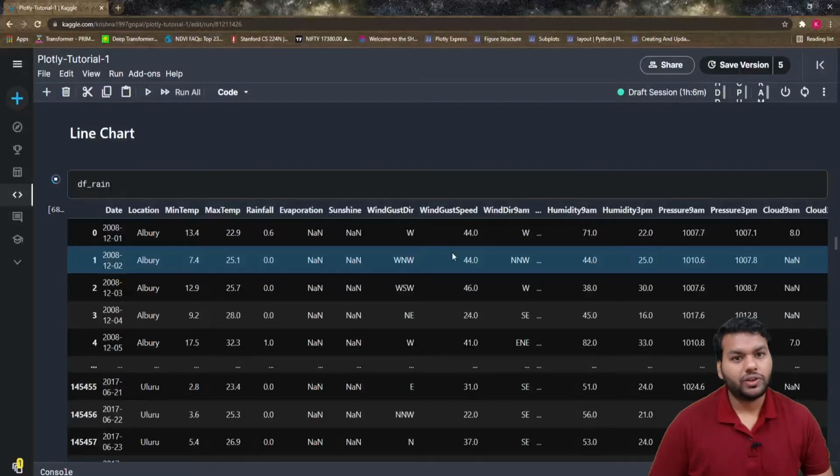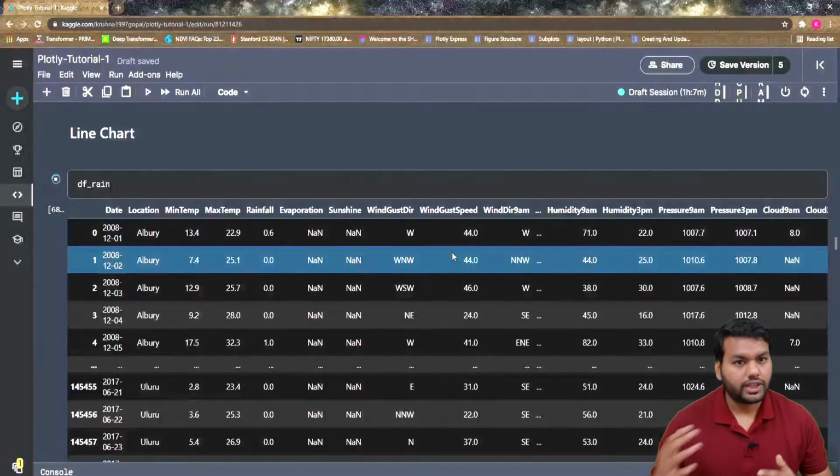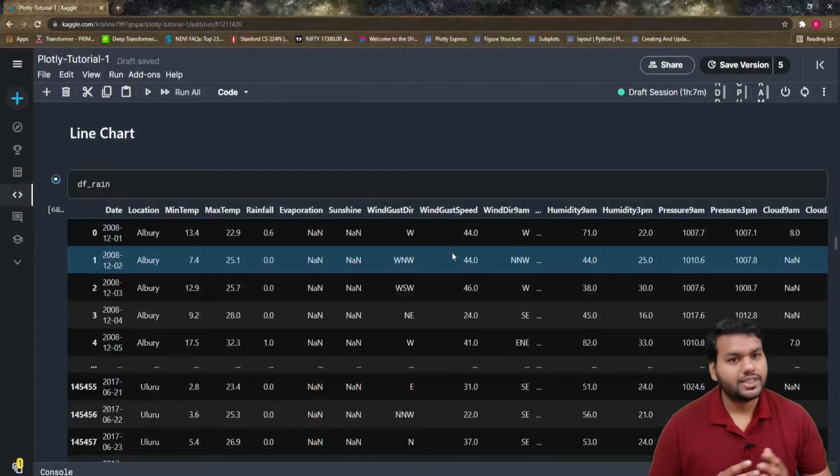In this video we're going to learn about the line chart. If you have not watched my last video, which is related to Plotly, please go and watch it. In the last video we learned how we can create subplots. In this video let's learn about a different kind of chart. If something is missing about the style or the figure, we will cover it in this chart as well. So let's start with our first simple chart, that is a line chart.